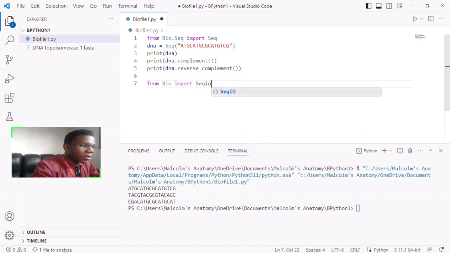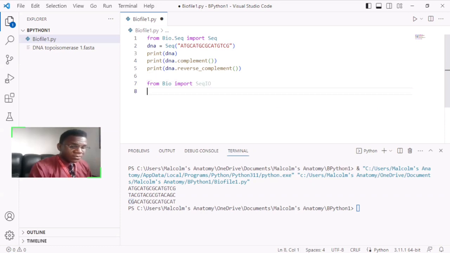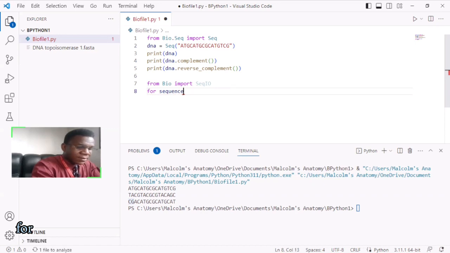Import, then seek.io, IO in capital letters. So IO stands for input and output, because you are working with input and output files. Next you need to pull in a for loop. To do that, we use this for sequence. I'm using sequence here as a random variable, which will only work inside the for loop. So we have for sequence in